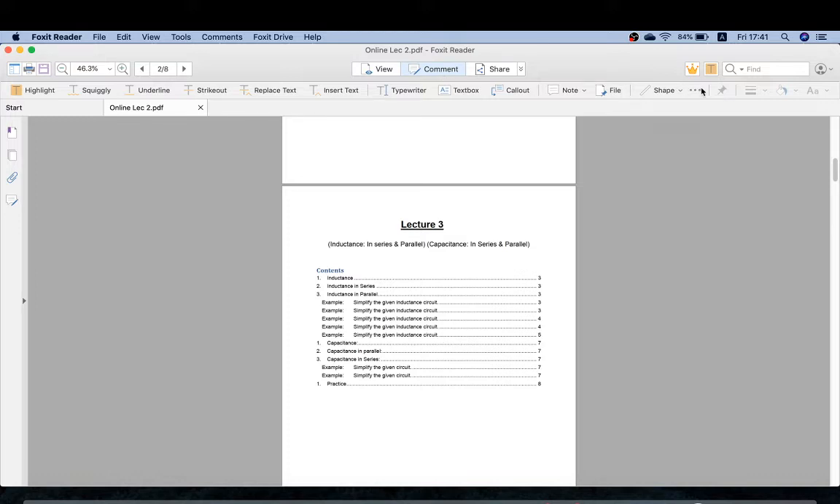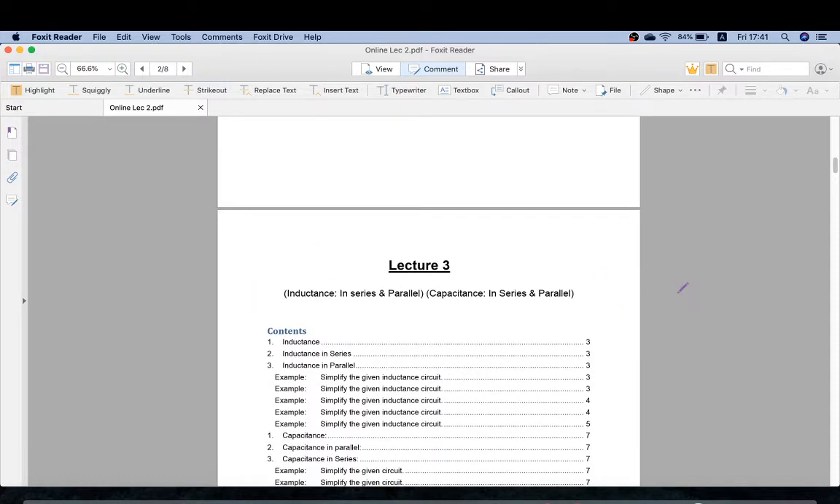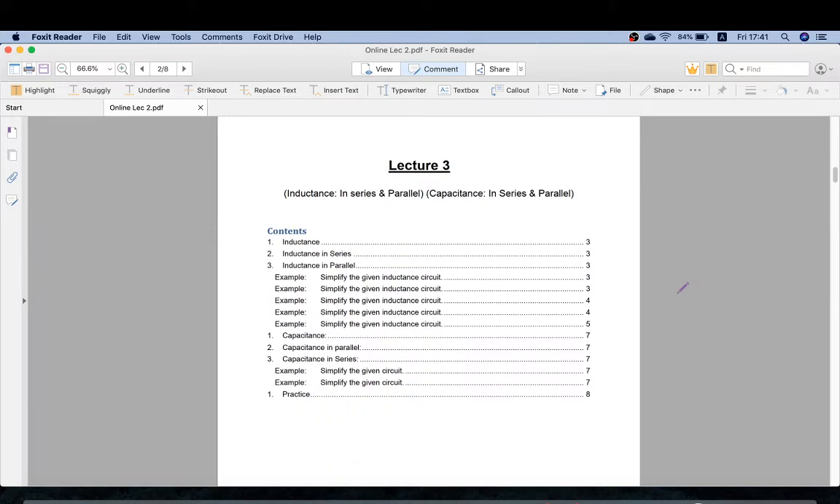In today's lecture, we will cover these following topics: inductance in series and parallel, capacitance in series and parallel. What we did in our last lecture: in our previous lecture, we read about the resistance in series and resistance in parallel. So today we will study about the inductance in parallel and series and capacitance in series and parallel, because in